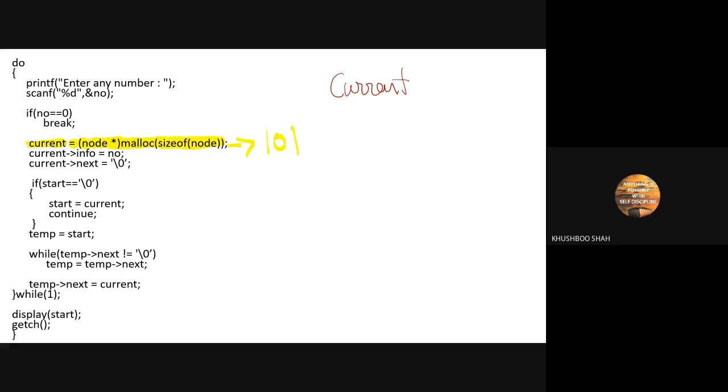Now this current variable has the value 101. We have three variables actually. Start, which has null, and temp, which has nothing. Understood everyone? Yes, ma'am.